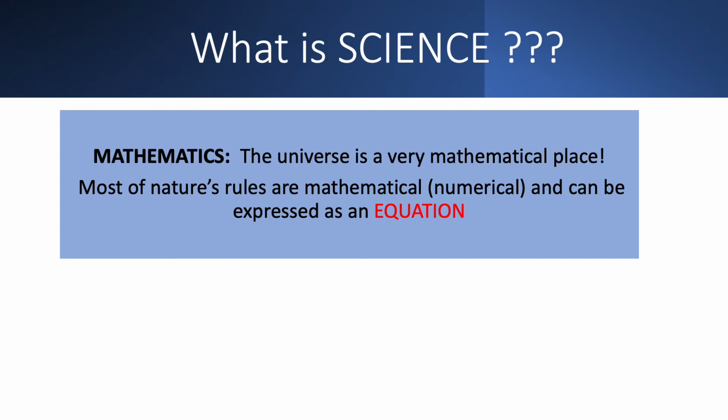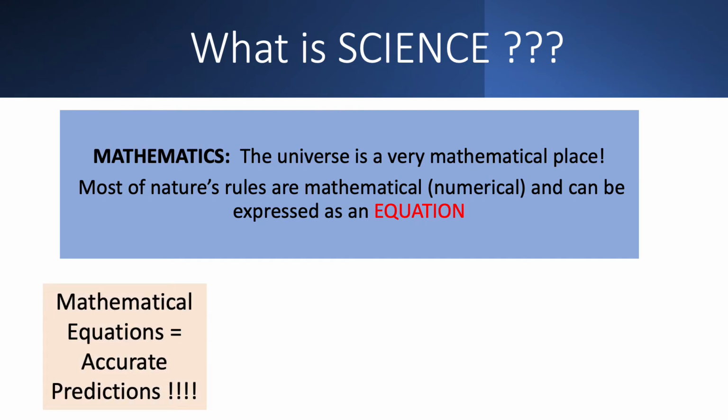Hey, so you live in a very mathematical place, and before you start frowning, let me tell you why that's an awesome thing. Because of this, we try to write all our rules as mathematical equations. That may sound crazy, but mathematical equations mean accurate predictions. Ding, ding, ding. Circle that. Get your highlighters out. Do a little woohoo. All right. So there's nothing more accurate than math. You're either right or you're wrong. So keep working on that.